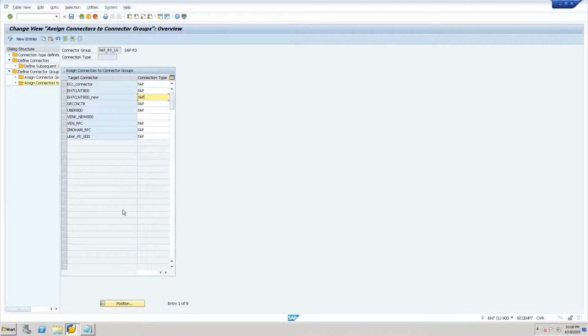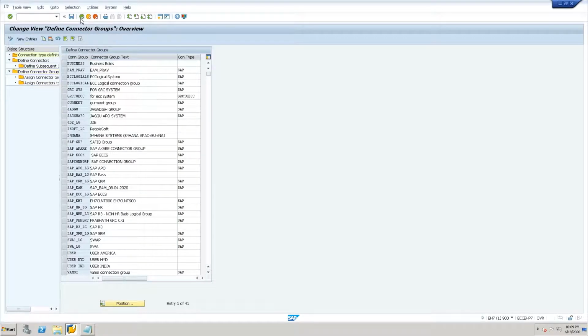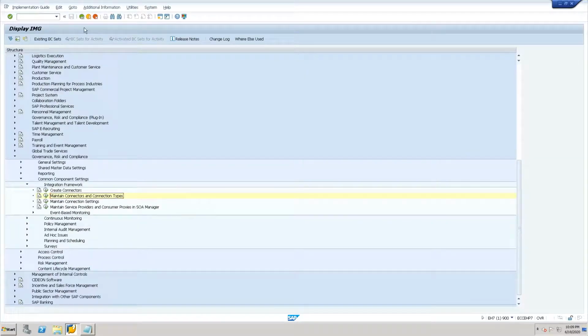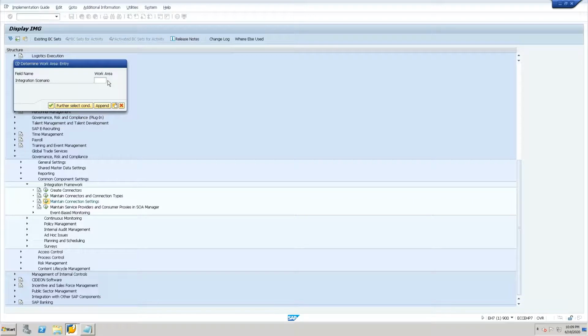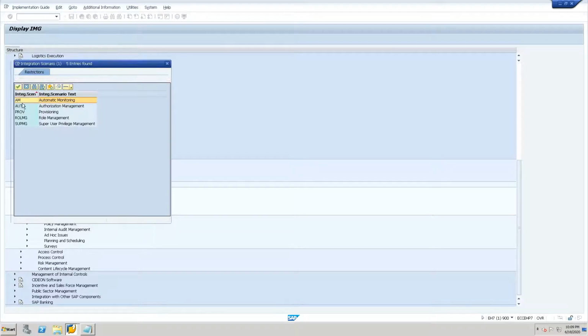So we created connectors, then we added the respective connectors inside the connector group. Now let us create the integration scenario. Just go back to this maintain connector setting. You can see we are now creating the integration scenarios.